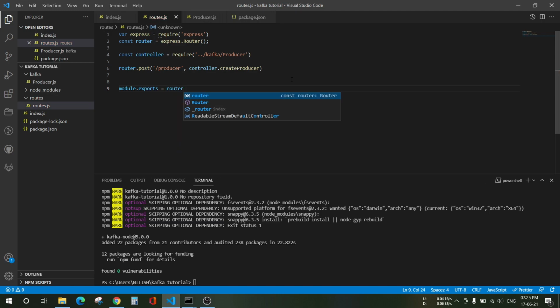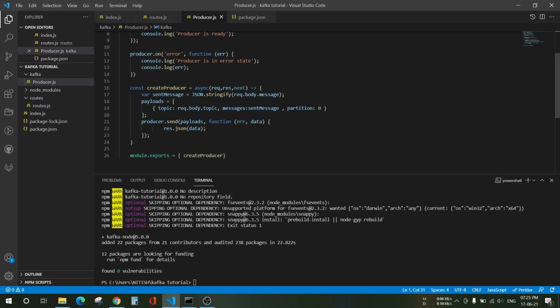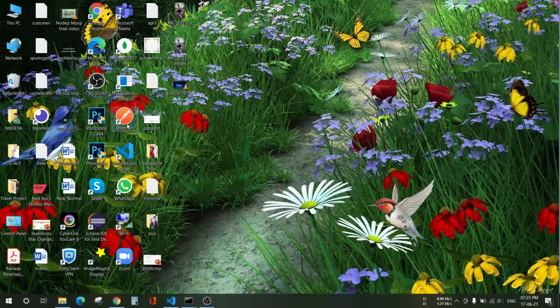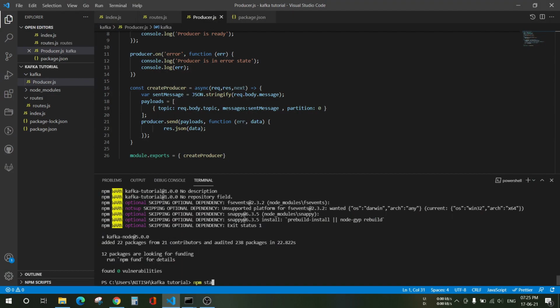So this is the method we have created to create a producer. In create producer, we'll add topic and messages. So let's just go to Postman. We have to also start the project.